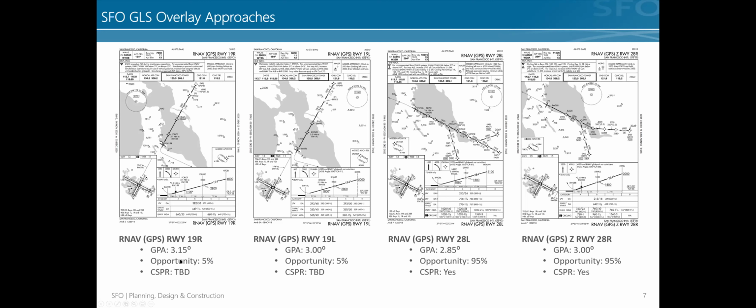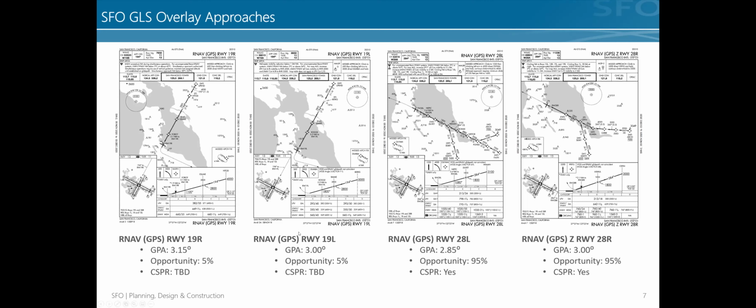That's just our way of describing the opportunity for these procedures to be used based on historical weather conditions at the airport. So as may come as no surprise, based on the past several years worth of historical weather data, about 95% of all approach operations were conducted to the 28s. There's roughly a 5% likelihood of operations occurring to the 19s. And then there's almost a statistically 0%, but they do occasionally happen, opportunity for approaches to happen to the 10s